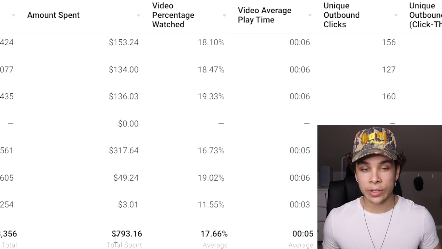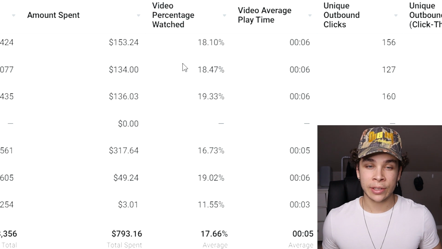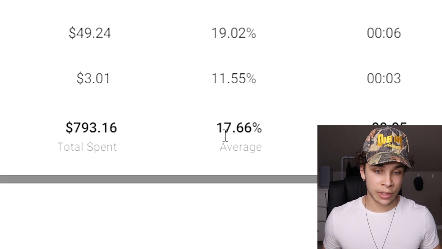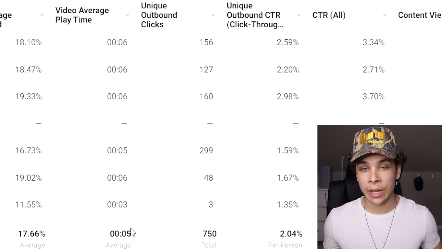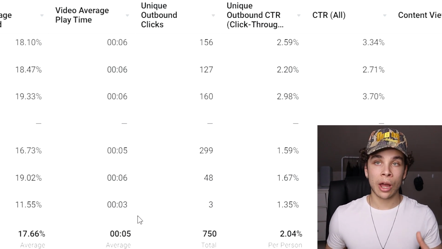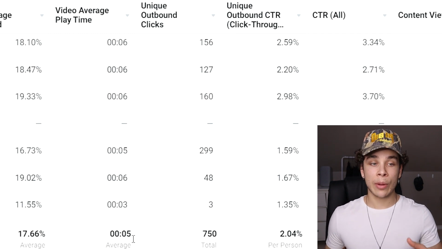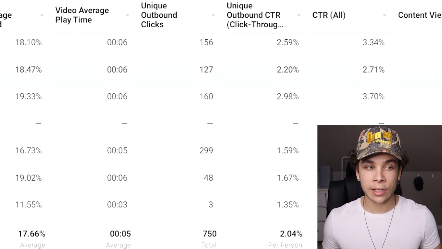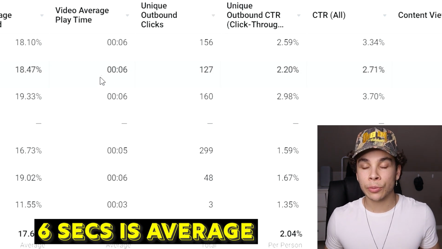Total amount spent on this campaign is around $800. And the video percent watched is definitely down from the other ad account, but still 17%. I feel like that's not absolutely terrible. And same thing with the 5-second video average playtime. Could be a lot better. It's definitely gonna be worth testing a lot more creatives and trying to bring that up as best as possible. But on the 3 ad sets I have on right now, we're sitting at 6 seconds, which is pretty average, pretty good, I guess.